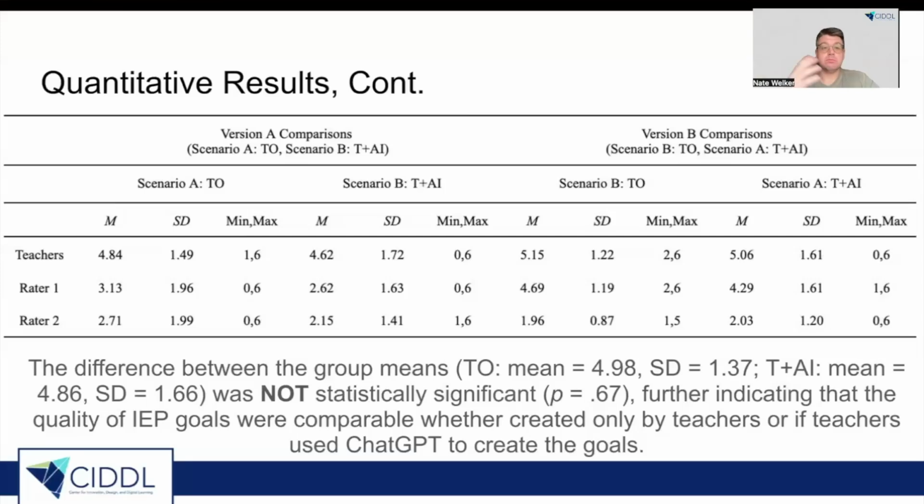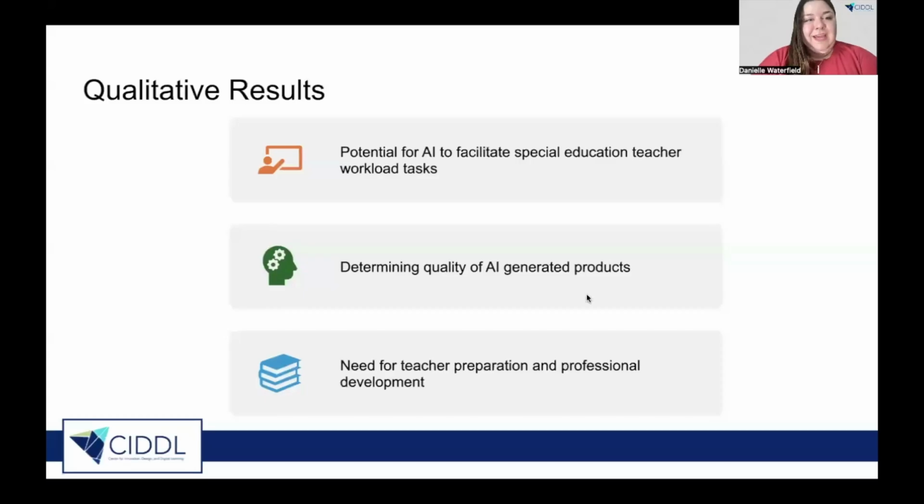So with that, the finding is that there's really no difference between what the teachers were generating and what AI was generating. So with that, I'm going to turn it over to Danielle, who's going to talk about the qualitative results. Thanks, Nate. Super briefly, these were the three big themes that we got out from our qualitative results, and